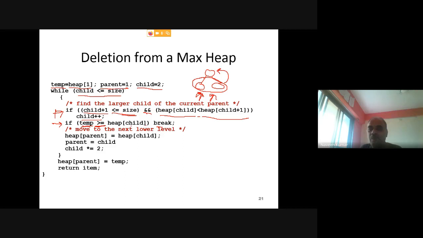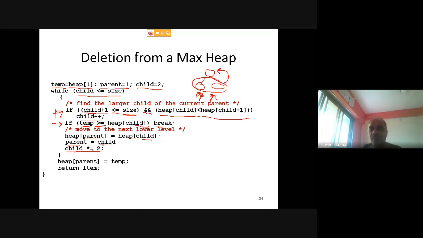Else, if this condition is false, it means child contains some greater element, then you need to store this child at its parent location. Then update: that child becomes the parent for the next iteration, right? If you are defining a new parent, then your child variable changes again, so you get a new child now.